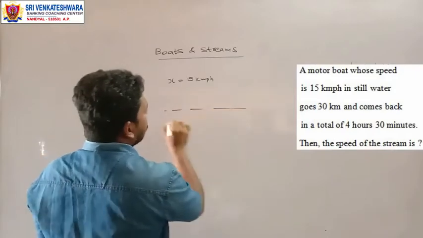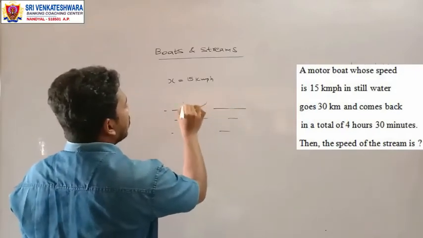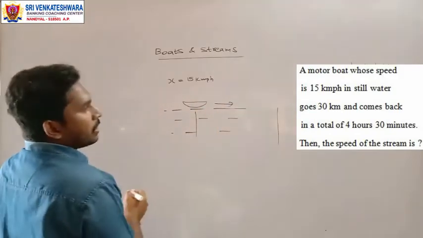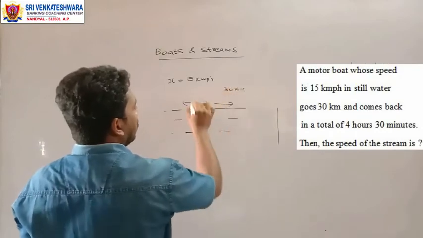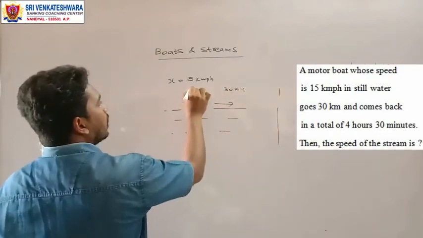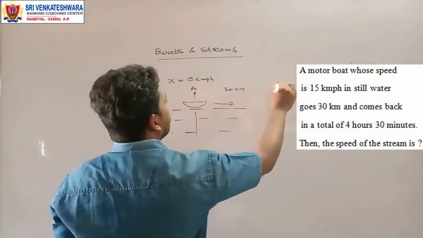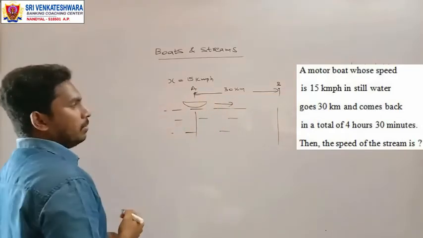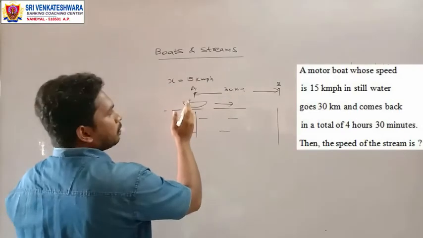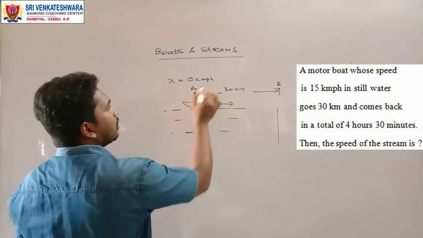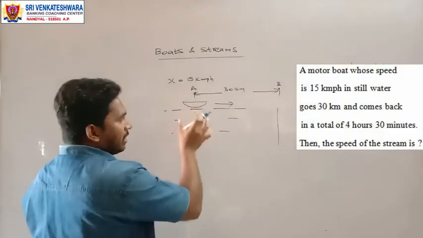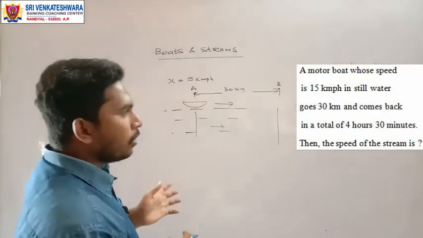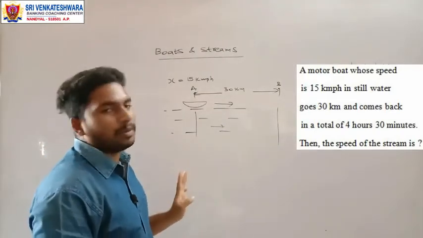There is a stream and this is a motor boat. Okay, so it starts from here and it goes somewhere. So the distance is 30 kilometers in total, from start point to end point. Okay, so this is the start point, and if this is the end point, the total distance from here to there is 30 kilometers. The speed of the boat in still water is 15 km per hour, and besides that we must know the speed of the stream, right? That is not given in the question, and moreover we need to find that only. The speed of the stream only we need to find.